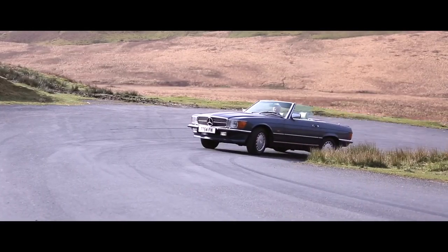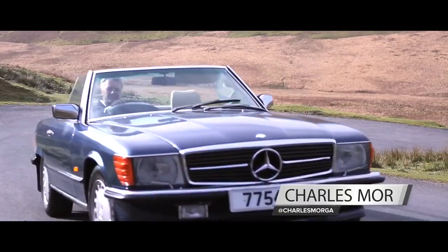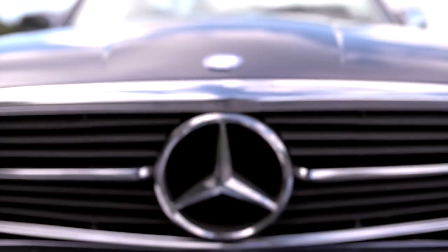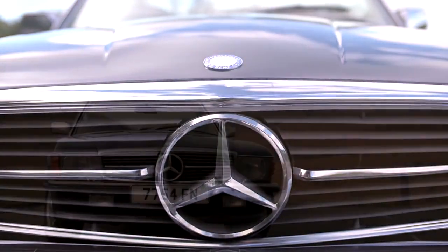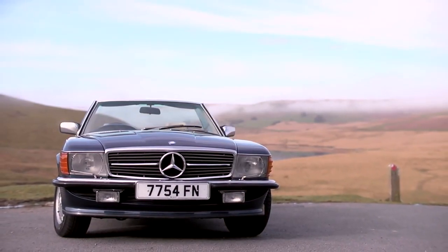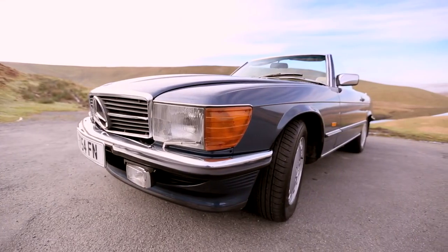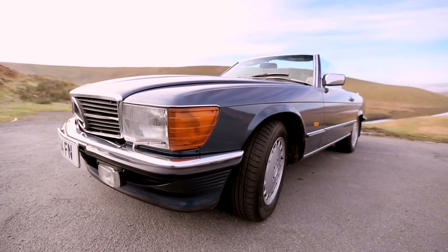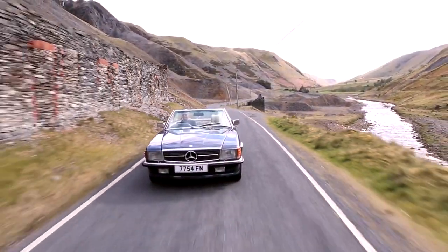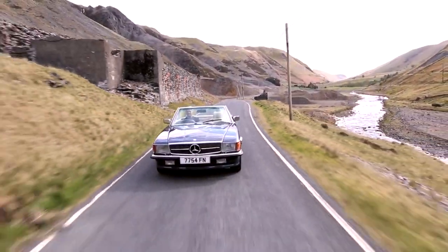This is the Mercedes SL 500 R107. It replaced the famous pagoda-top Mercedes SL, which was of course a design icon of the 1960s. Now the R107 kept that car's understated style and simple good looks, but it updated everything else when it was launched in 1971. The team, in fact, nicknamed the car the Panzer during development,